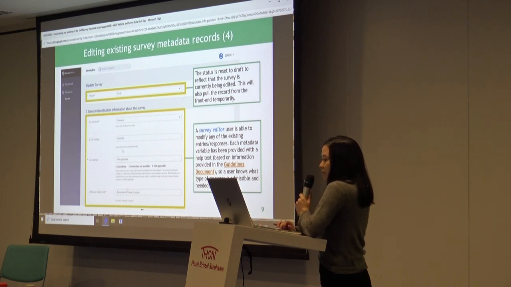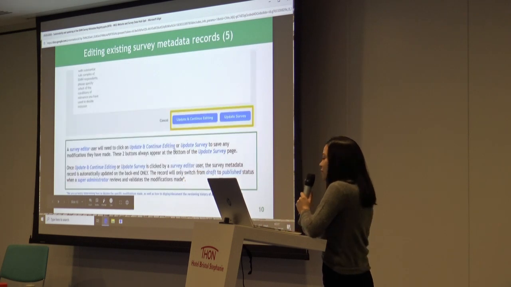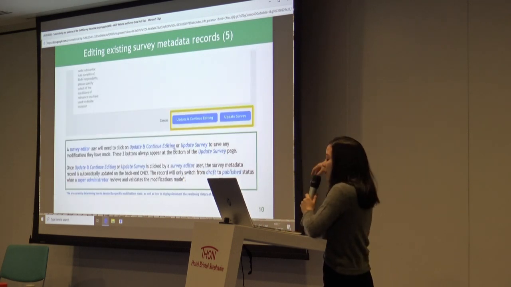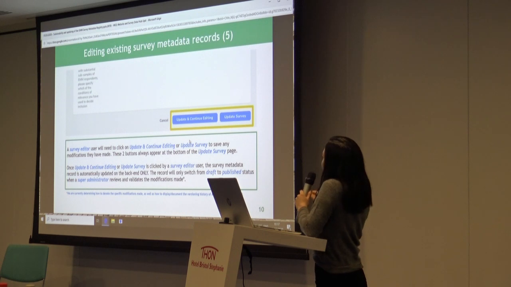So, just one final point. Once you're finished modifying the record as you want, you will want to save your work, and for that you would want to click on Update Survey. Update and continue editing obviously is if you want to save your work and you want to continue to do more editing of the record. As a survey editor, the only thing you can really do once you modify a record is to save your work and then to